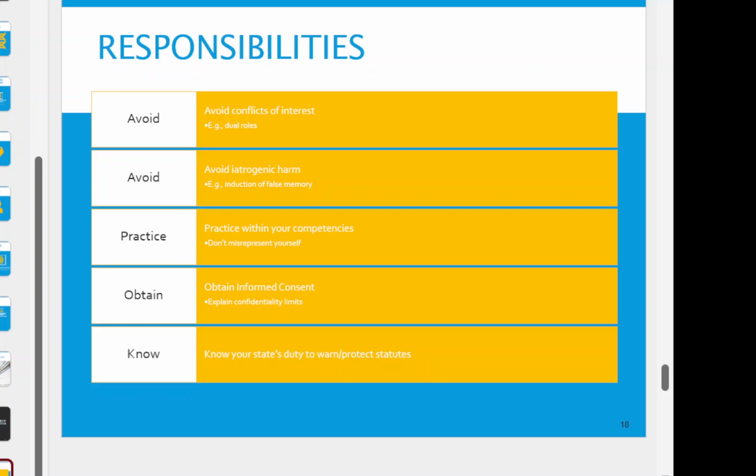And this is going to be very important as we are working within the legal system. So lastly, this bullet point down here is all about duty to warn. Duty to warn refers to the obligation of a psychologist to alert potential victims or authorities if they have credible information that a client or patient poses a serious risk of harm to themselves or others. This duty emerged from the landmark case of Tarasoff v. Regents of University of California in